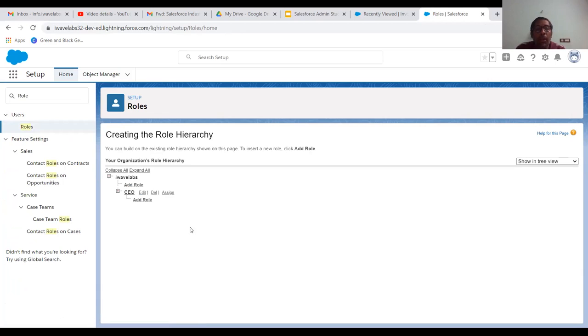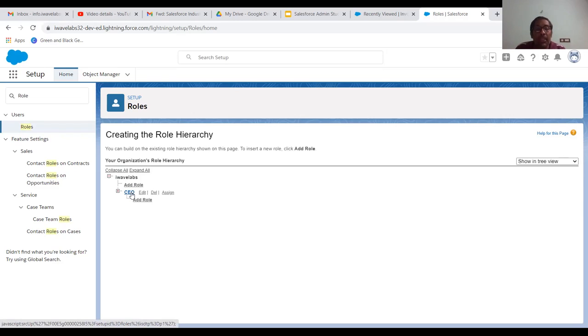It will take you to your organization's role hierarchy. Now in my case, it is iWay Labs. When I registered my user ID, I created it with the company name iWay Lab. So it has been designed for this hierarchy. A tree has been created for the organization hierarchy. A role has been created for iWay Lab. Under iWay Lab, the CEO is the person who is going to be topmost.